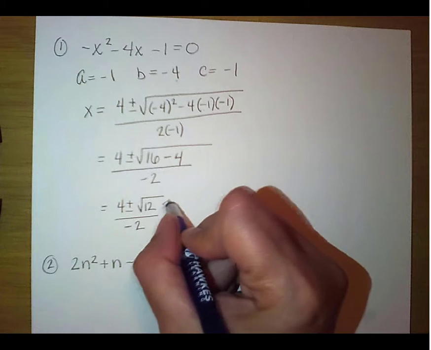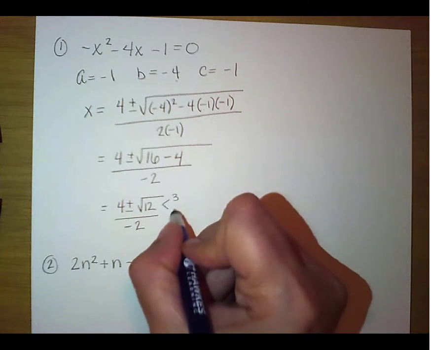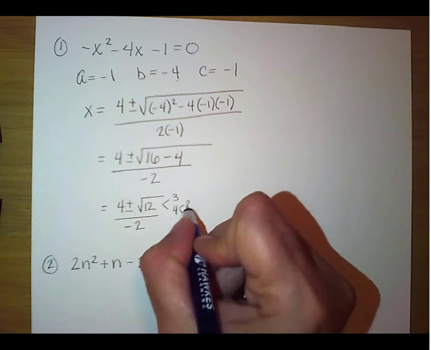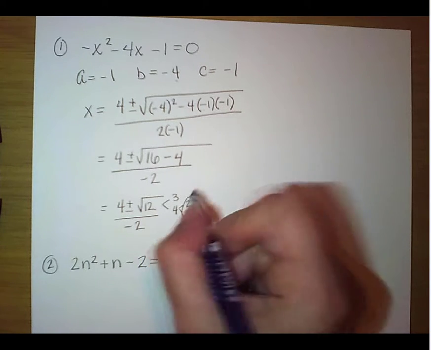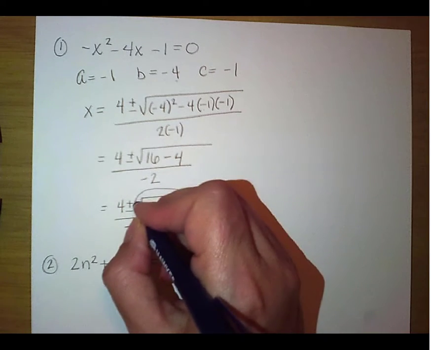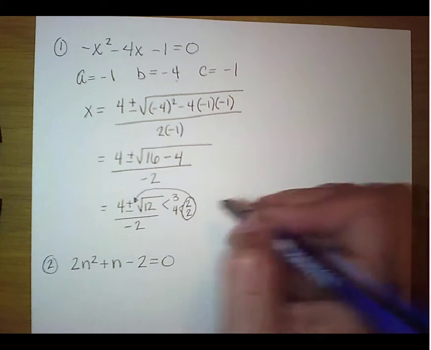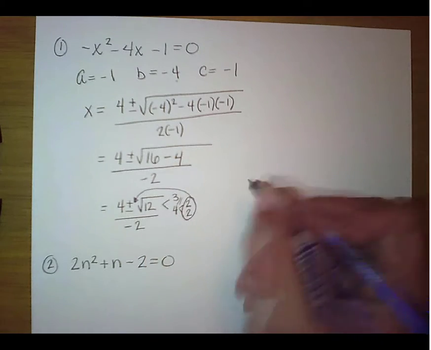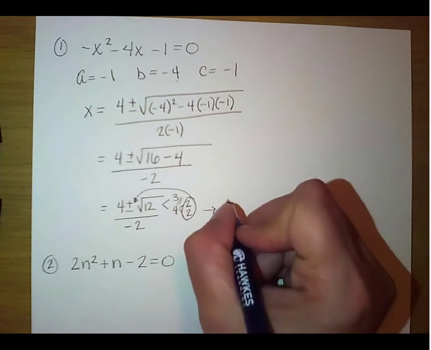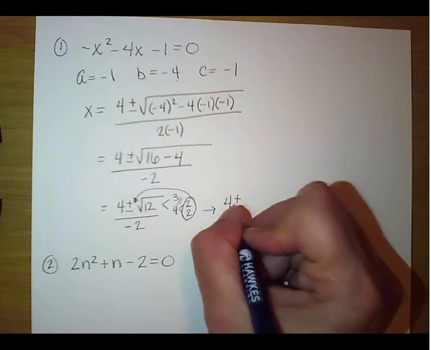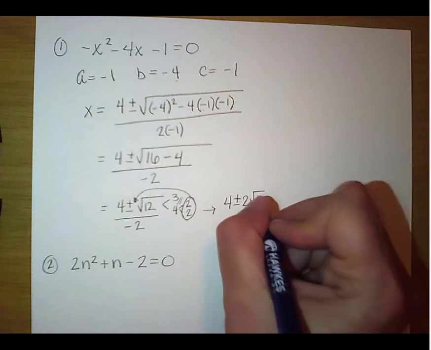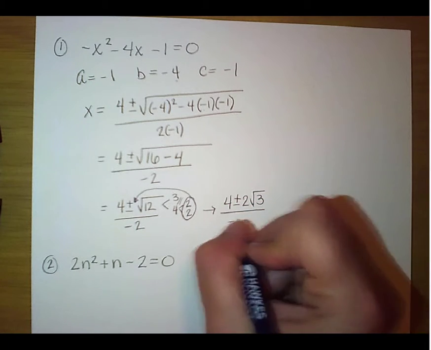Again, we want to break apart that 12. This is 3 times 4. This is 2 times 2. So we have a pair of 2's. That's going to come out here in front of our square root. We have a 3 that's left over. So this is going to end up being 4 plus or minus 2 square roots of 3 divided by -2